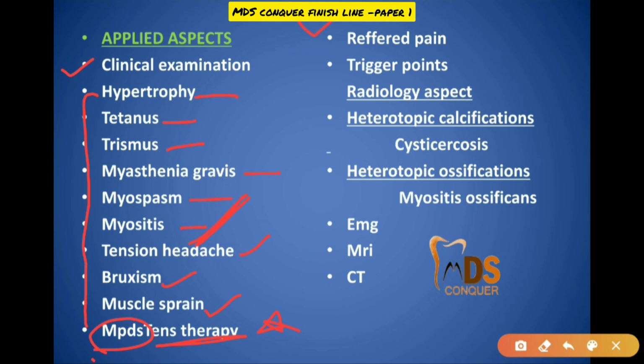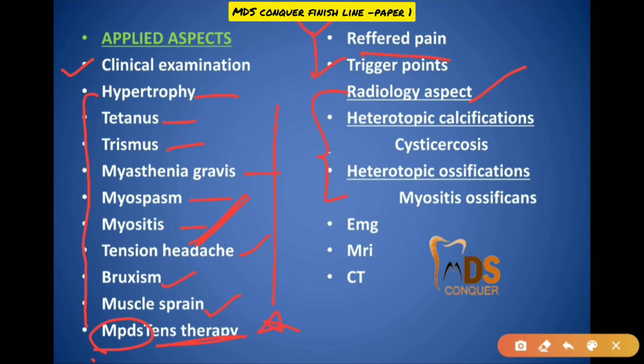Then referred pain, like orofacial pain, which will refer to the muscles of mastication, and the trigger points. If you see trigeminal neuralgia or other orofacial pain, you can see trigger points over the facial region, like in the masseter region. So you can write. So these are clinical aspects, and you can even include the radiological aspects of these